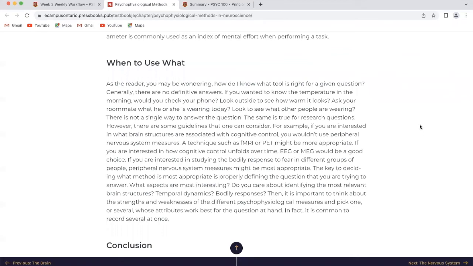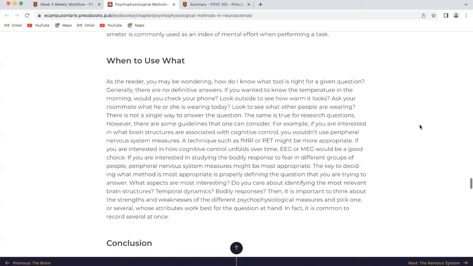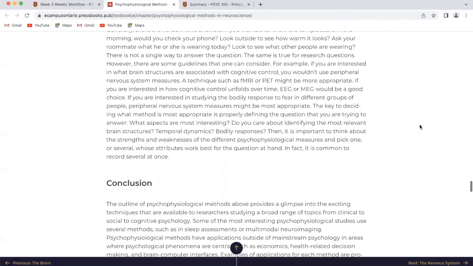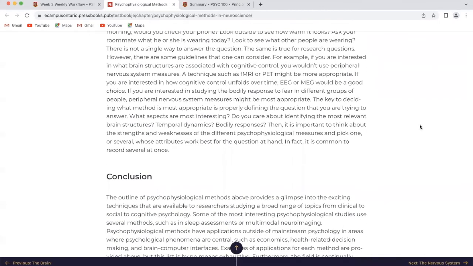For example, if you're interested in what brain structures are associated with cognitive control, you wouldn't use peripheral nervous system measures. A technique such as fMRI or PET might be more appropriate. If you're interested in how cognitive control unfolds over time, EEG or MEG would be a good choice. If you're interested in studying the bodily response to fear in different groups of people, peripheral nervous system measures might